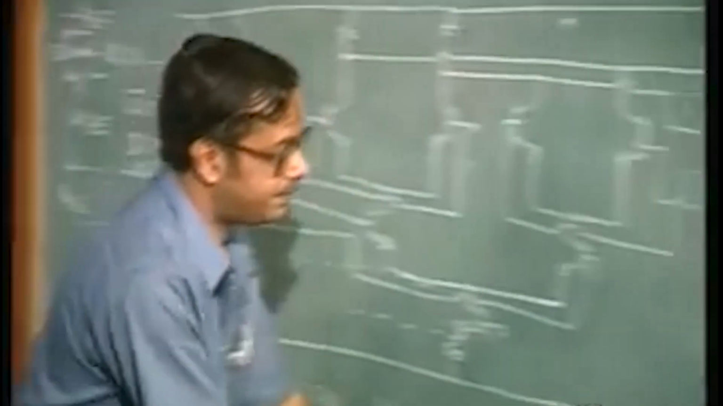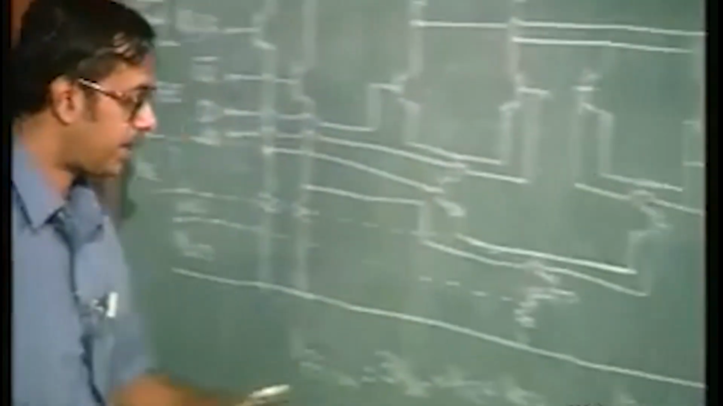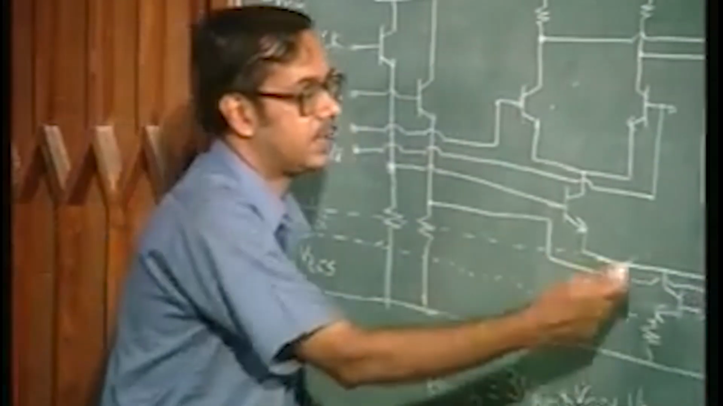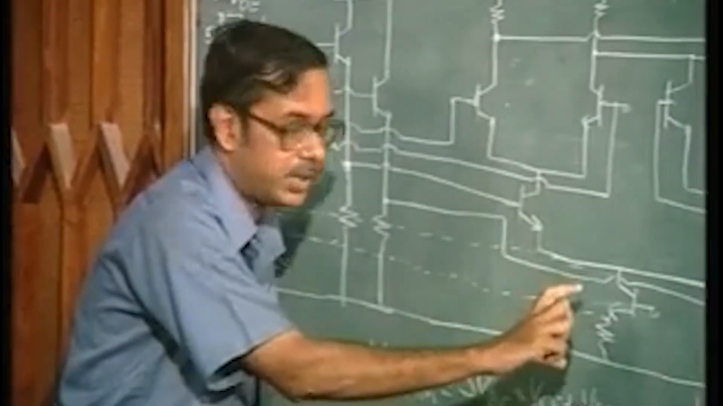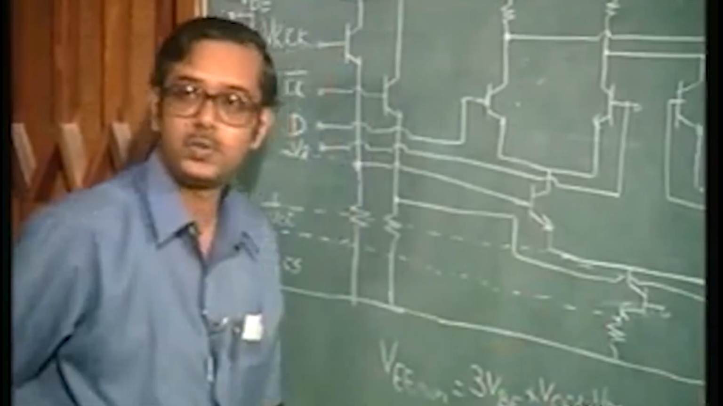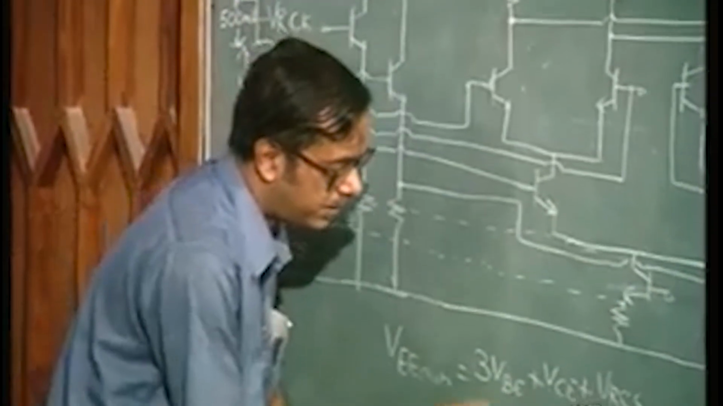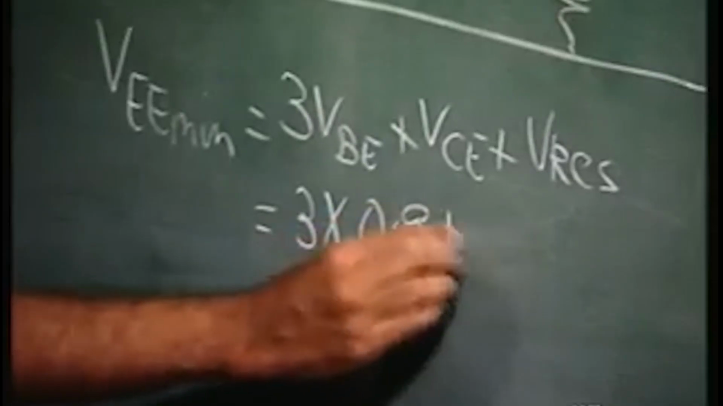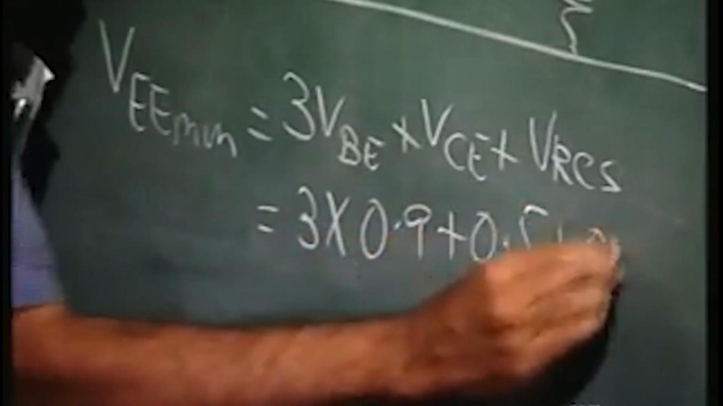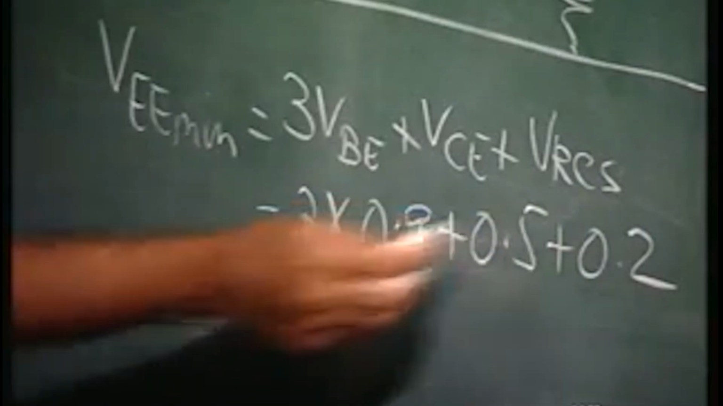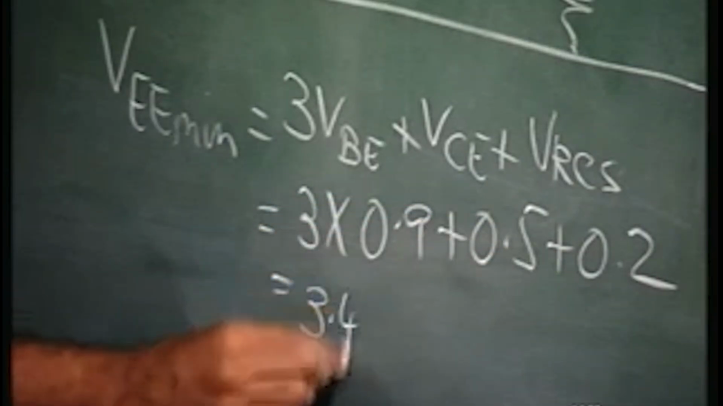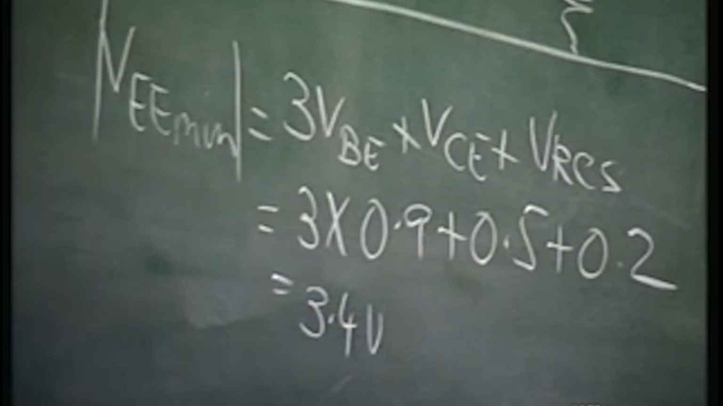Okay. So, say VBE is 0.9 volts, VCE, suppose we assume it is 0.5 volts, the collector emitter drop, and VRCS is 0.2 volts, say, then we have 3 into 0.9 plus 0.5 plus 0.2. So, which means how much? 2.7, 3.2, 3.4 volts. So, this is actually the modulus of that. So, VEE we can have is minus 3.4 volts. Okay,